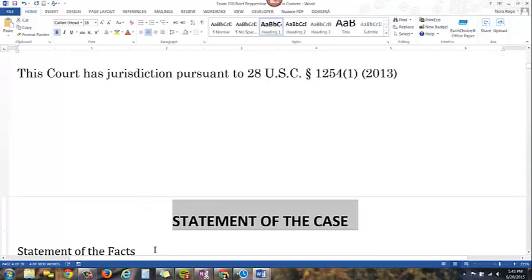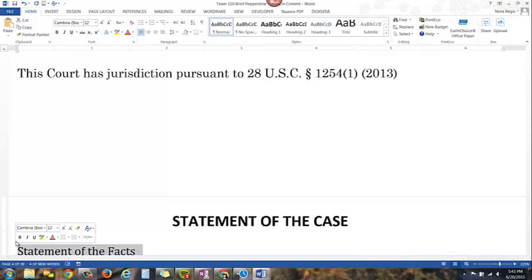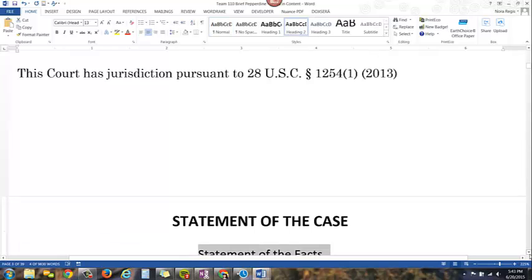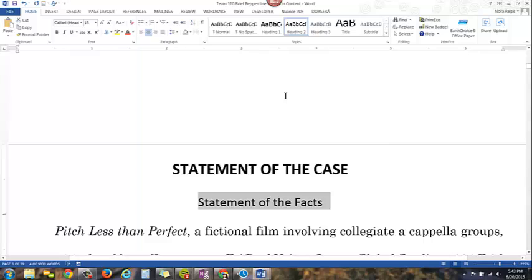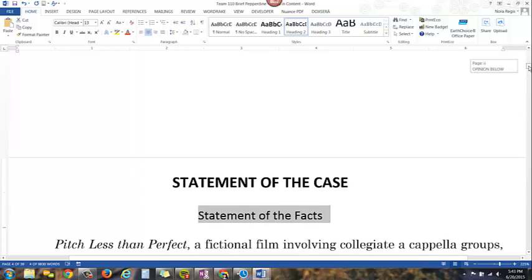Now, if I have a subheading and I want that noted in my table of contents, I would use Heading 2 to differentiate it from my major heading. But it's still the same. I highlight it and then I click Heading 2. After I've applied all of the styles to the headings in my document, which I've gone ahead and already done,